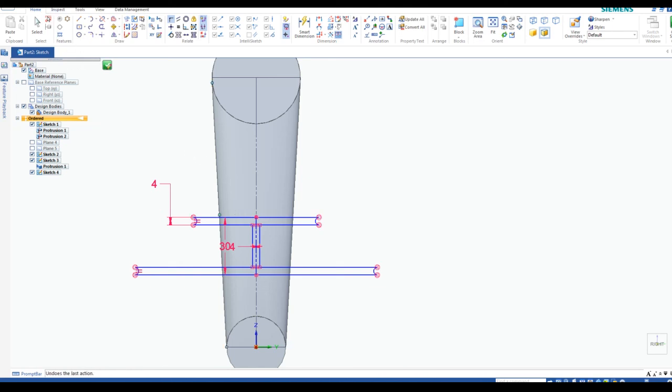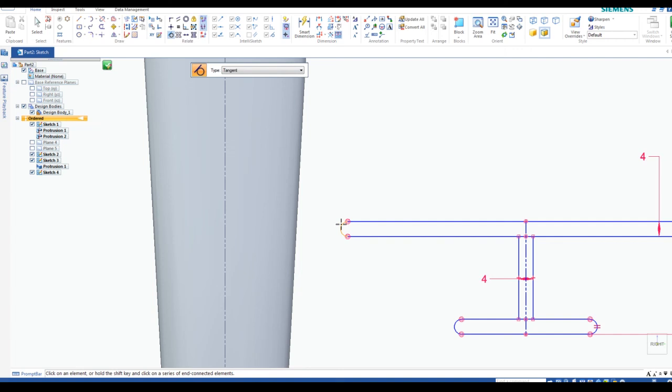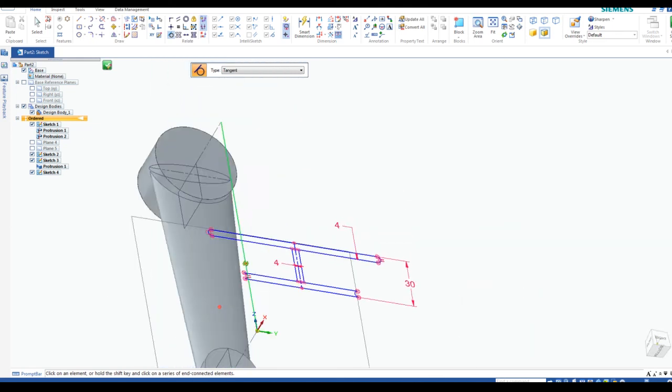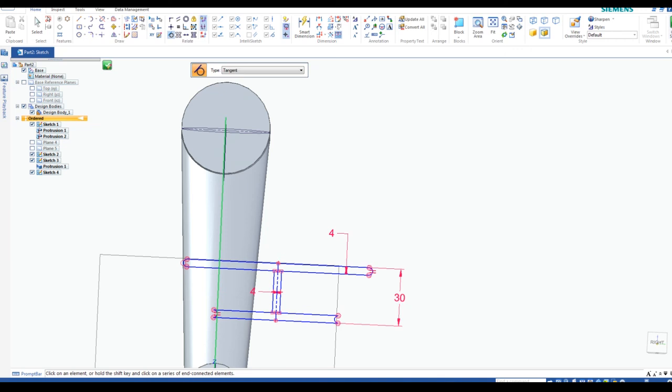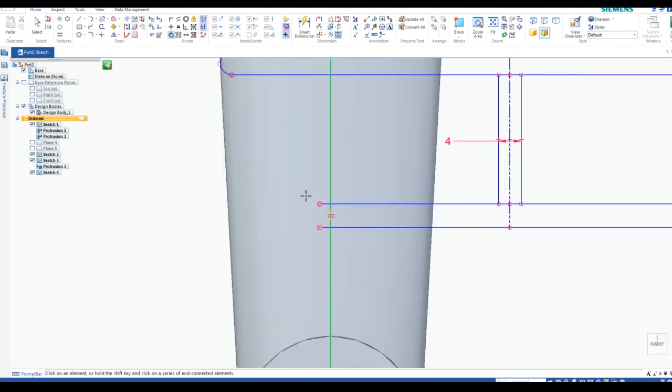Okay, actually before we do that, let's do this. Let's do a tangency. So we're going to do a tangent between here and this edge, which is right here. Okay, and we're going to do a tangency also, hopefully from,